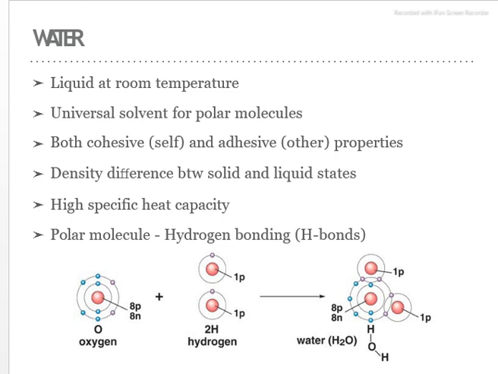In the case of covalent bonding, they will share the electrons. Oxygen will share 2 pairs of electrons with the 2 hydrogen atoms to complete the octet. Here you can see that the center molecule is oxygen. It is involved in covalent bonds with the 2 hydrogen atoms.